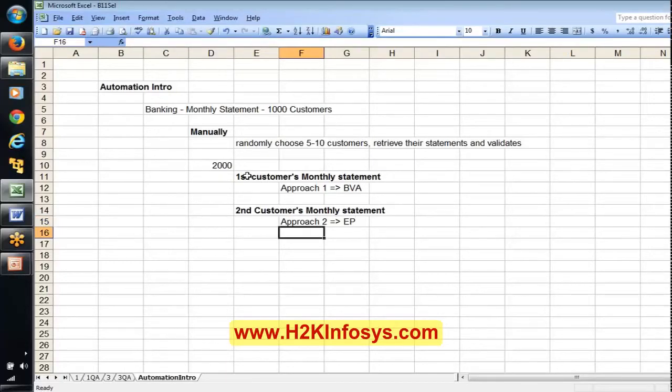Or in the other case, say during release 1.0 we tested these 5 to 10 customers' monthly statements using approach 1.